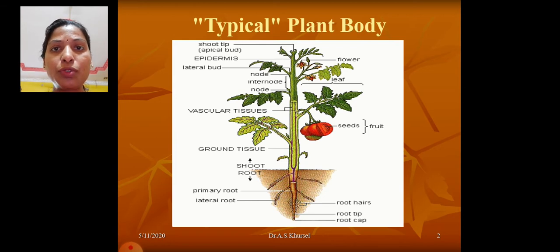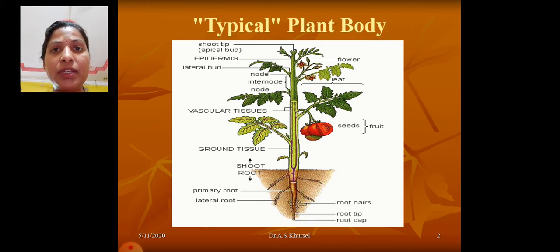The underground root system is of two types, taproot or fibrous root. Fibrous root is also called adventitious root. The major function of the root is to hold the whole plant, or to fix the plant in a particular place. It absorbs water and nutrients from the soil and provides them to the shoot system. The shoot system consists of stem, branches, leaves, flower and fruit.